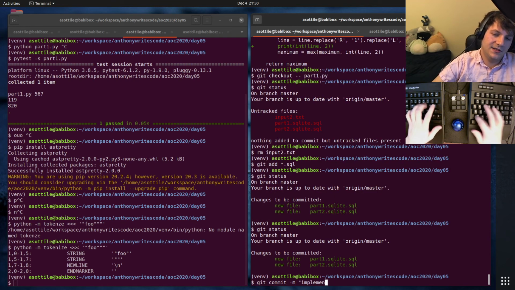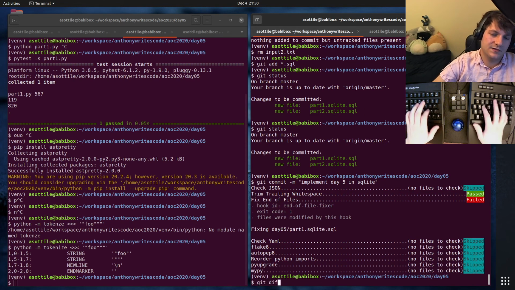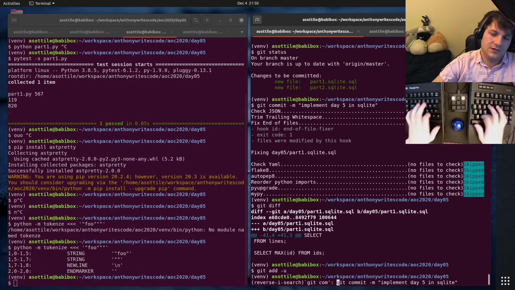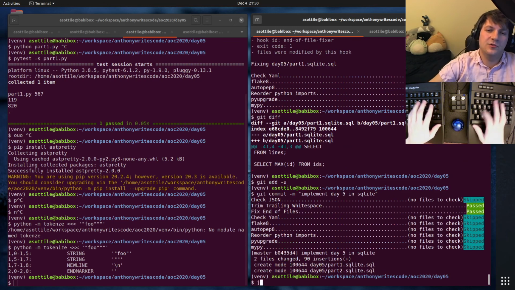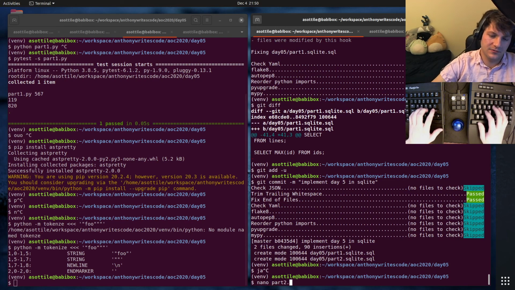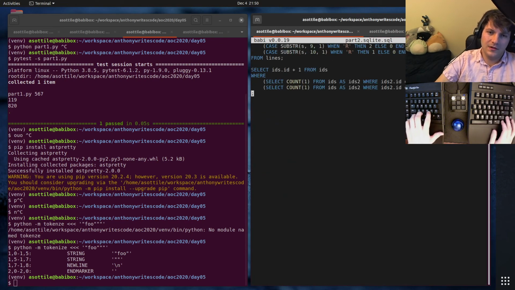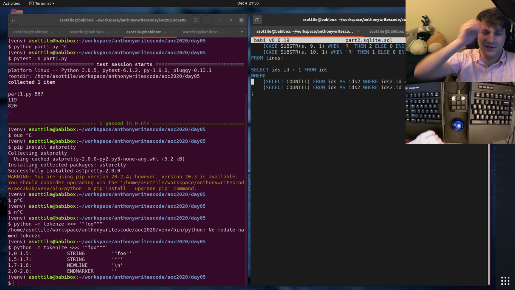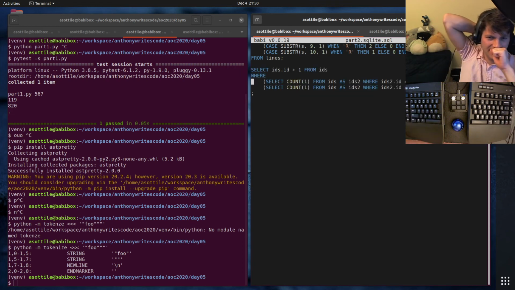So implement day 5 in SQLite. So unfortunately the part 2 for this is pretty slow, because this is essentially doing... I could probably do this with a join instead.